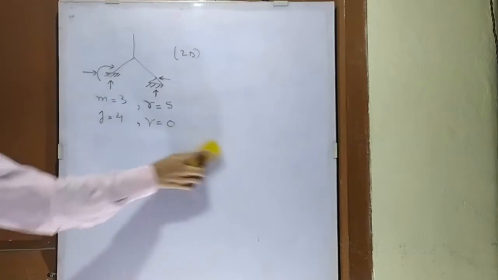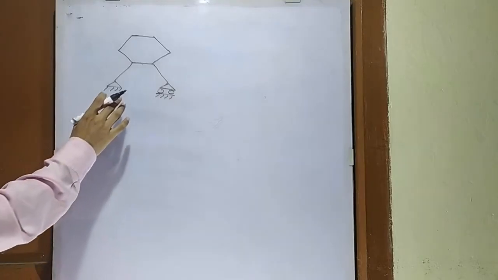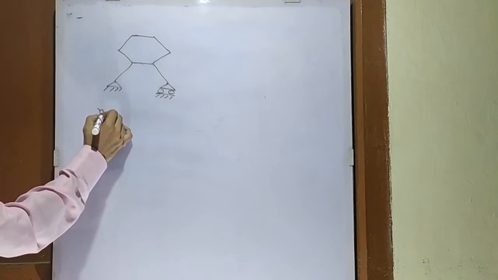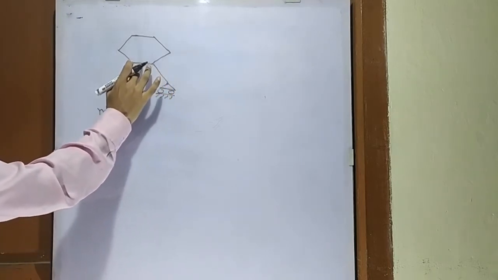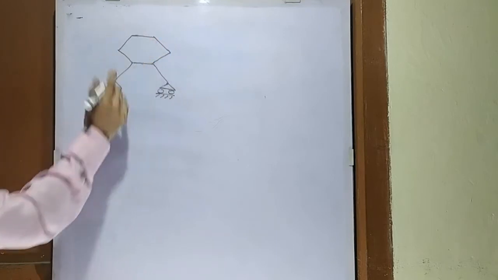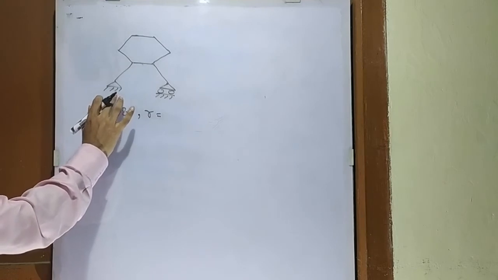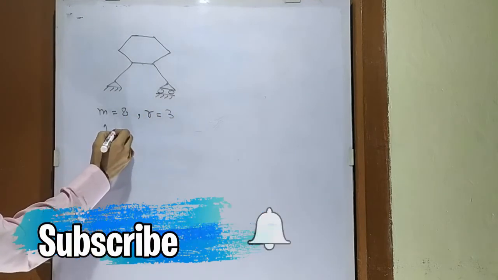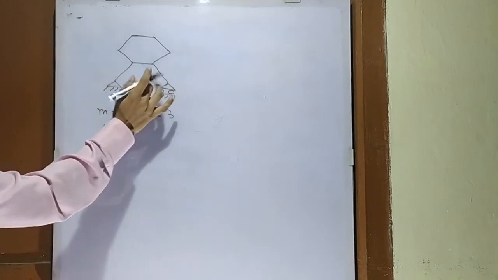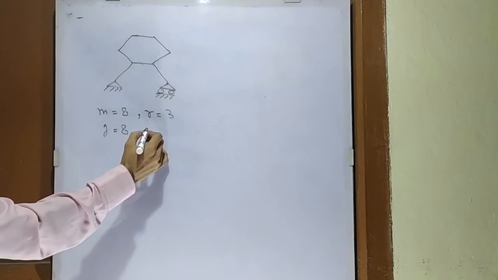Now we will move on to our next example. Let us try to solve this example. What is the number of members in this example? 1, 2, 3, 4, 5, 6, 7, 8. The number of members is 8. What is the number of reactions? 2 at this pin support and 1 at this roller support. So the number of reactions will be 3. What is the number of joints? 1, 2, 3, 4, 5, 6, 7, 8. The number of joints is 8. What is the number of gamma?